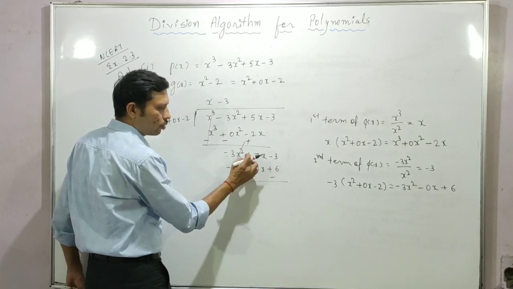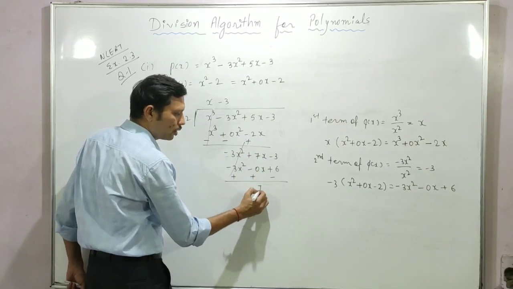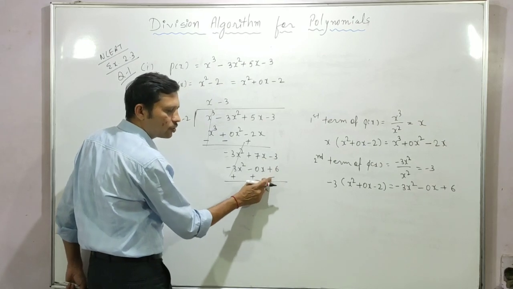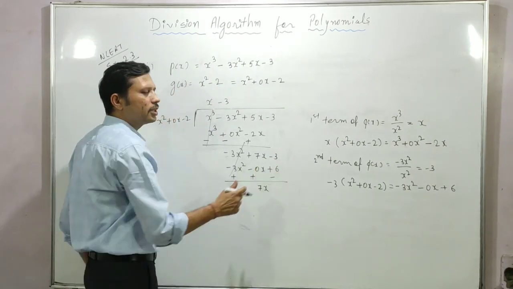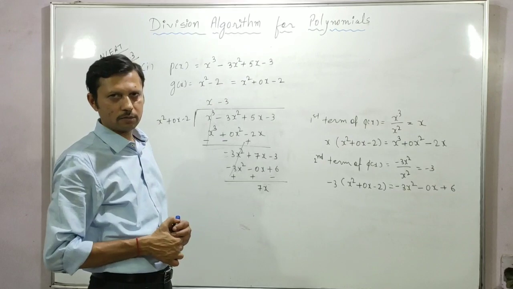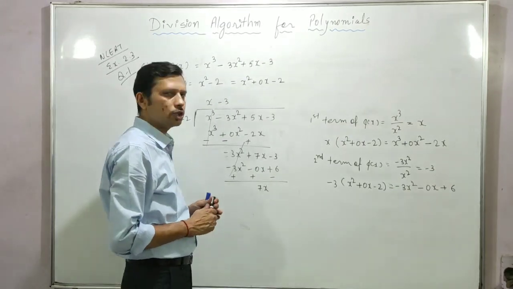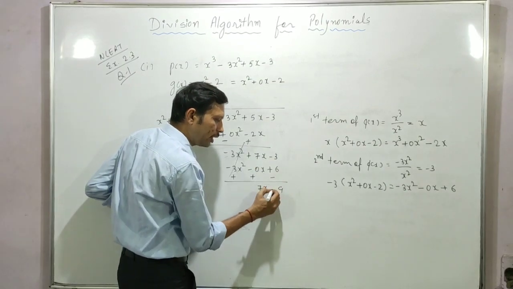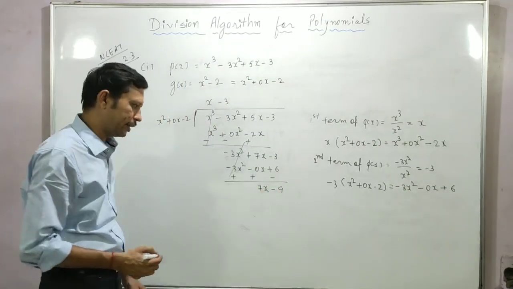7x, it's 0. So only this part is important, so we have to write down only plus 7x. And 3 and 6, it's negative. This one is also negative. Both are like terms. If like terms have the same sign, they will be added. So 3 and 6, the addition is 9, and both are negative, so the sum is also negative.